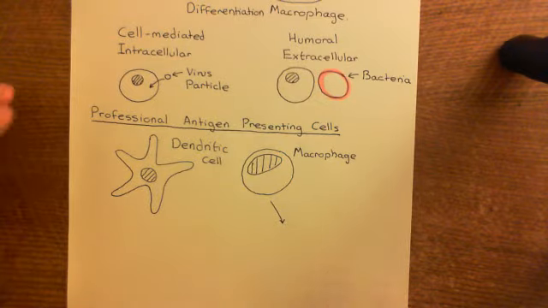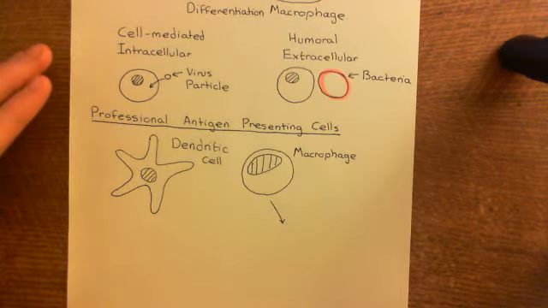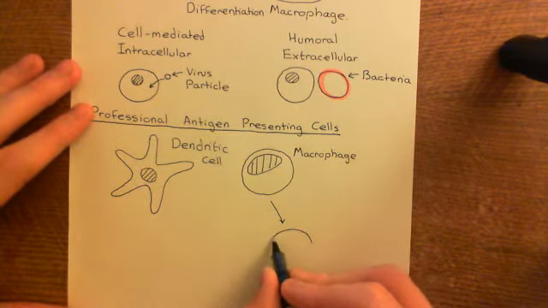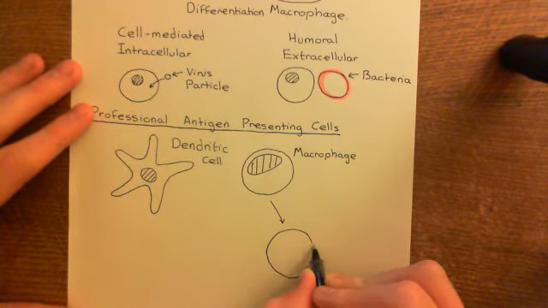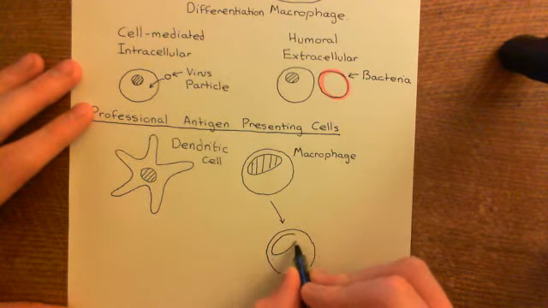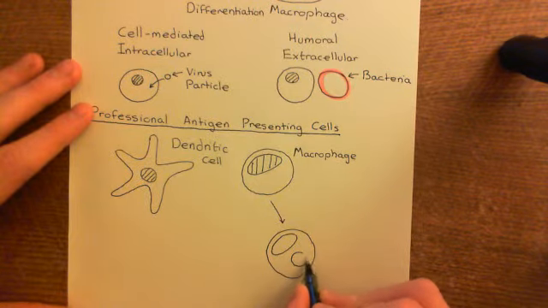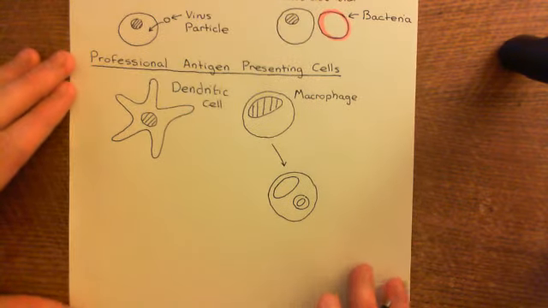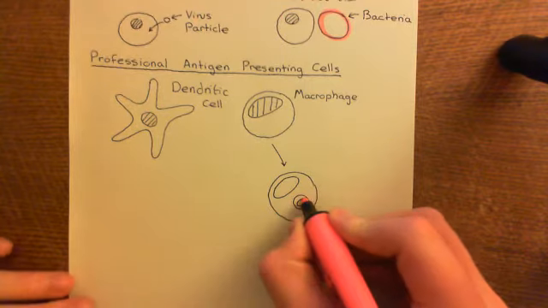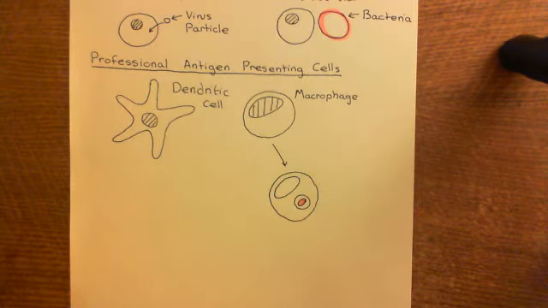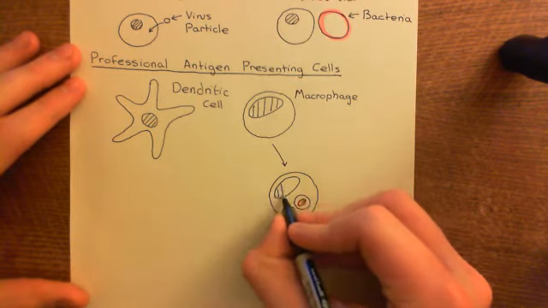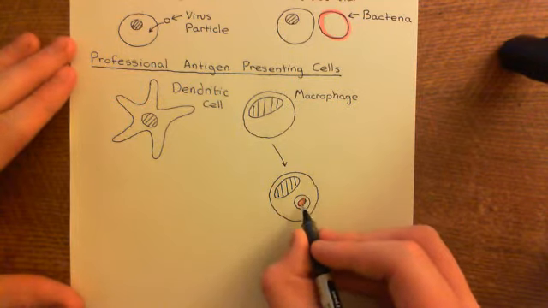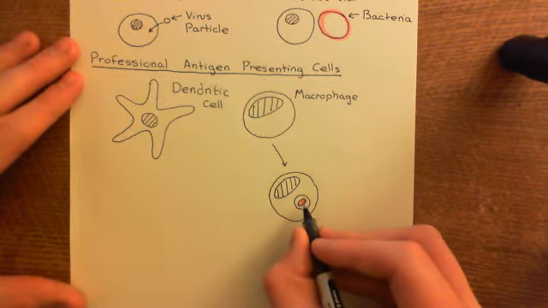Okay, so the macrophage is going to phagocytose our extracellular bacterium here. So, let's show that happening. So here is our macrophage, and basically it's phagocytosed the extracellular pathogen, whatever it may be, but of course you can think of a bacterium to keep this simple. Okay, so I'll move this up a little bit. Right, so this is the extracellular pathogen in the phagosome now. And this is the nucleus of our macrophage here. Right, now what's going to happen is this bacterium, or this extracellular pathogen, is going to be broken down,